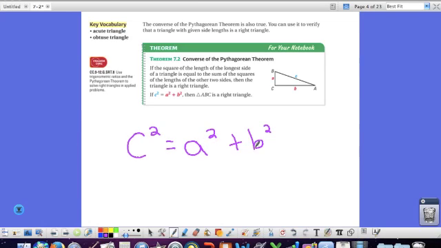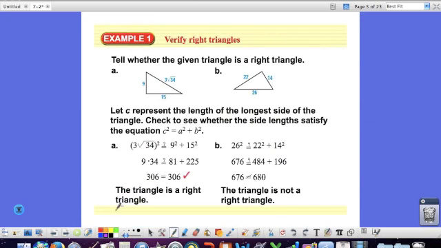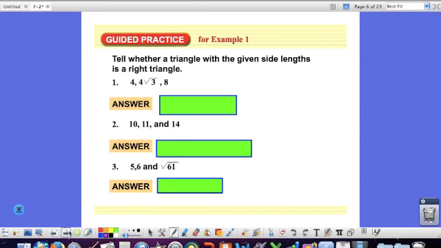And we point out that we're not calling this the hypotenuse here, because the longest side only has that special name of hypotenuse if it is in a right triangle. Since we don't know yet if this is a right triangle, we're just going to say the longest side. And you can go through these problems to say whether or not the triangle with these given side lengths is a right triangle. So for instance, 4 squared